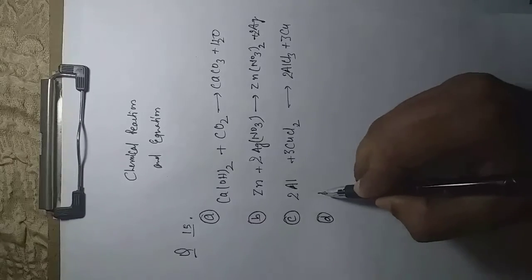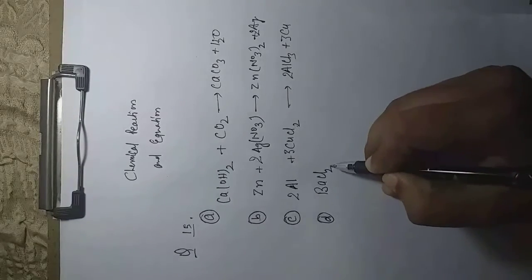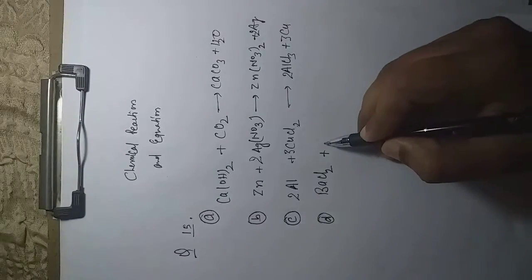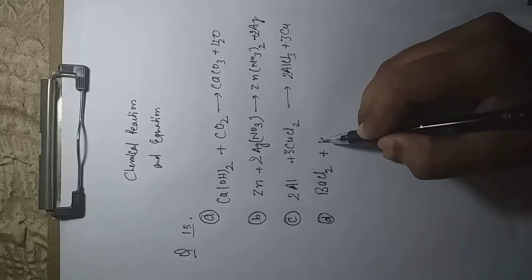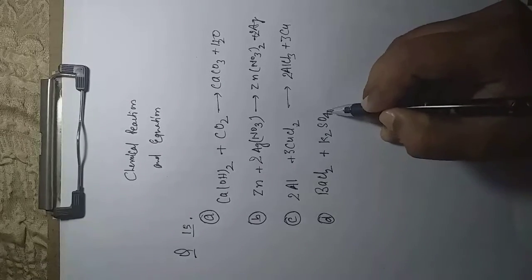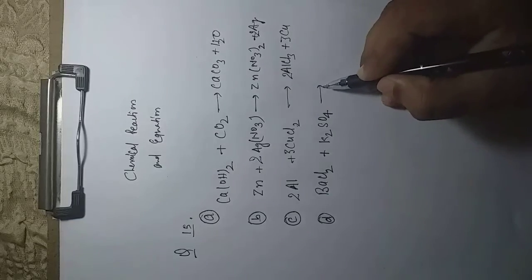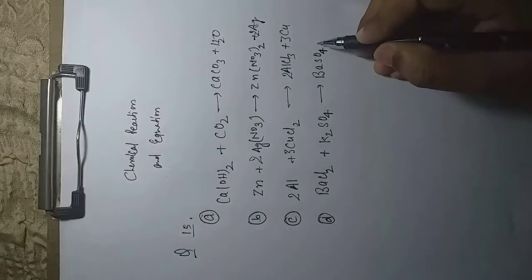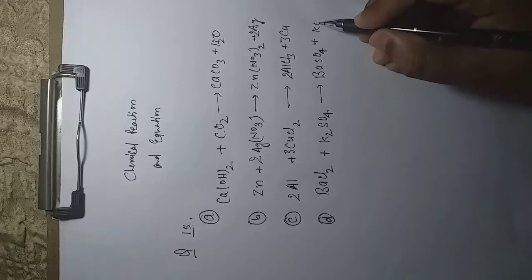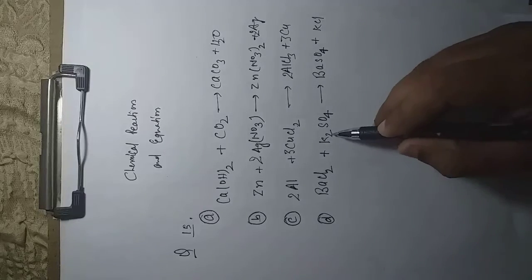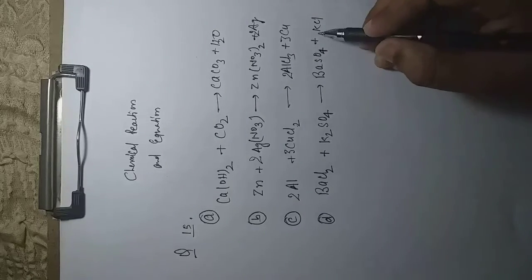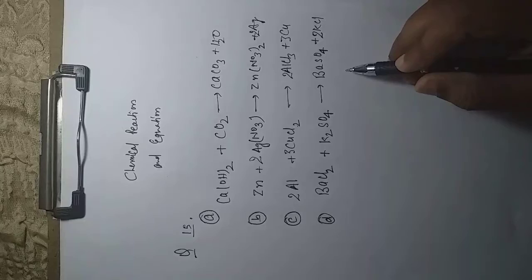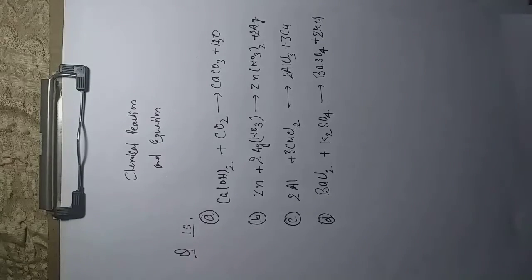Barium chloride, which is BaCl2, reacts with potassium sulfate. Potassium sulfate is K2SO4 and it forms barium sulfate. It's quite clear, BaSO4, which we already discussed in the chapter. In the theoretical portion we did so many equations, and it forms KCl. Again you go for balancing the equation. See, this side has 2 potassium atoms, so multiply by the factor 2, and finally we get a balanced chemical equation.